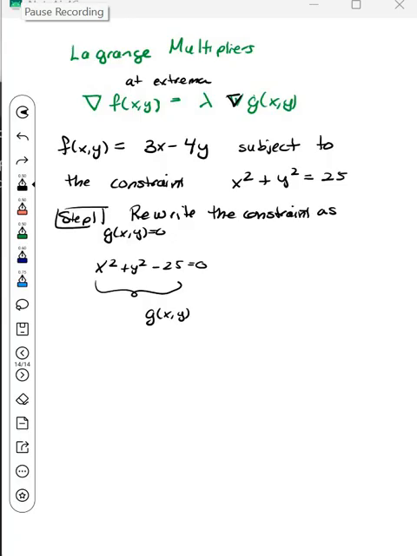Step 2. When you're taking notes and you want me to slow down, just say slow down, because I realize I'm going really fast. Your object, like it's nice to know what you're doing, why you're doing it. You're going to stick it into that equation, the green equation at the top. That's what you're doing. So you need the ingredients for the equation. Gradient of f is